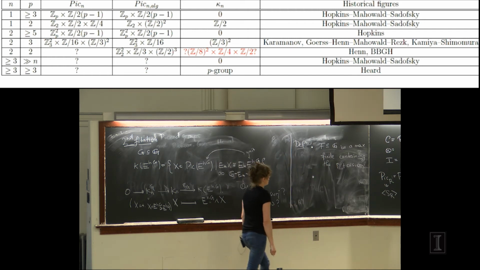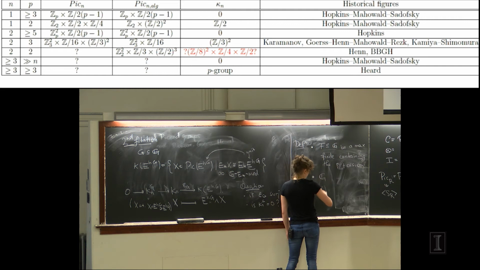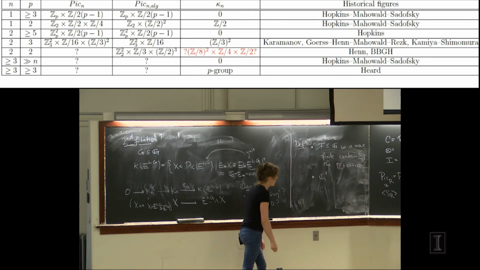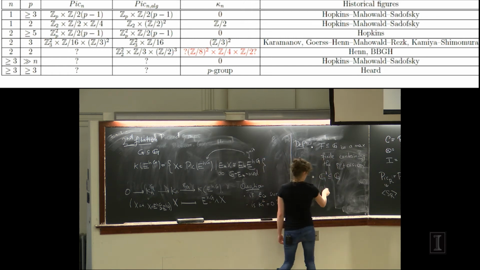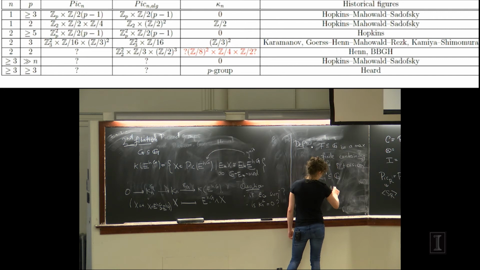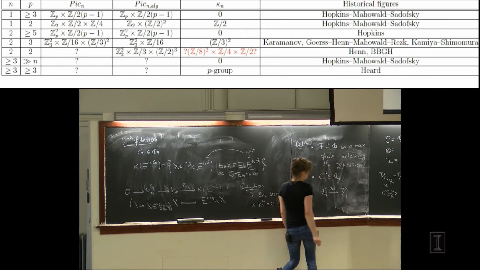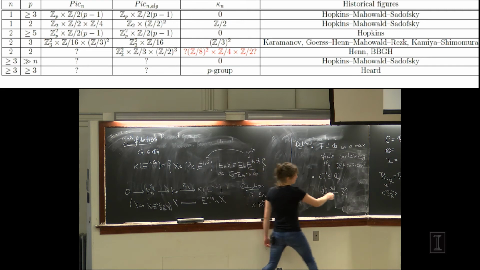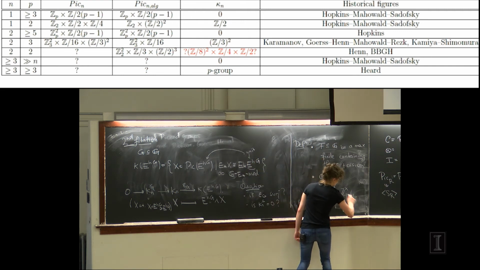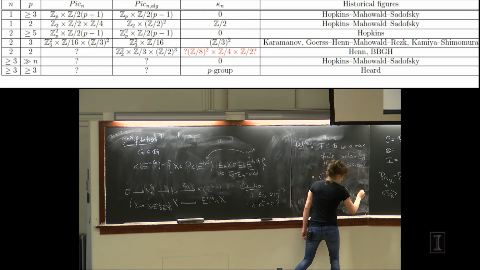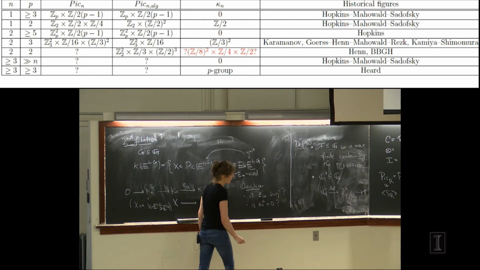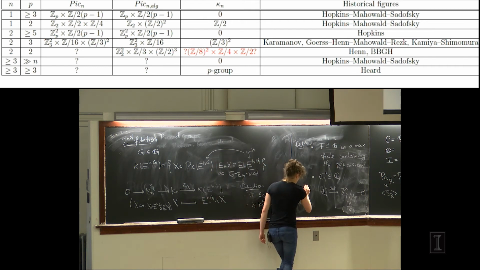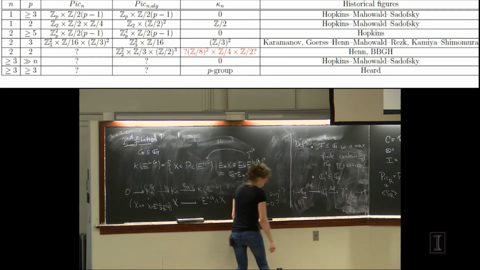And the other group is I'm going to call G sub 1. And this guy is the kernel of a certain map. So the group G admits a map to the units in the p-adics, which people call the determinant. The units in the p-adics have torsion, so you mod out by that. And then you get, so this map here is surjective, and this group is isomorphic to Z_p. And G1 is just the kernel of that map, okay? So that's the definition of G1, okay?